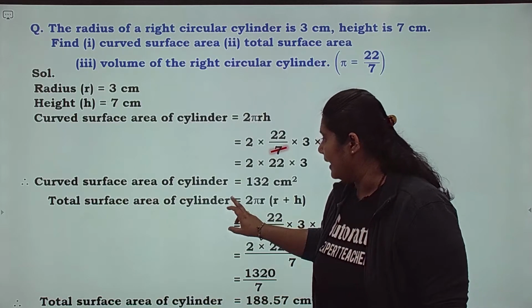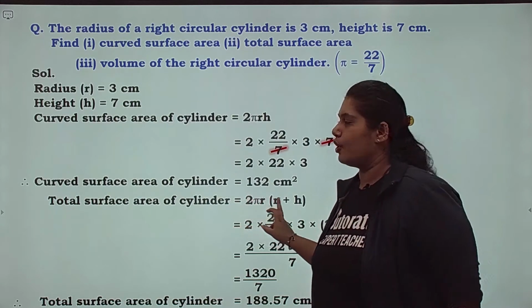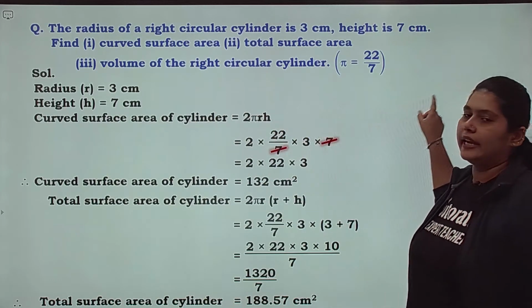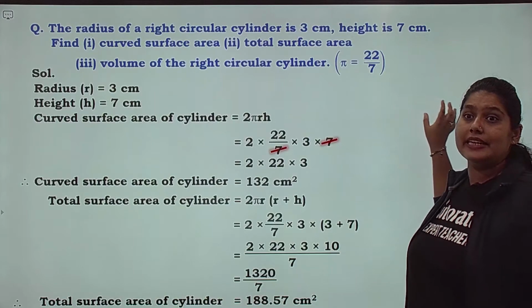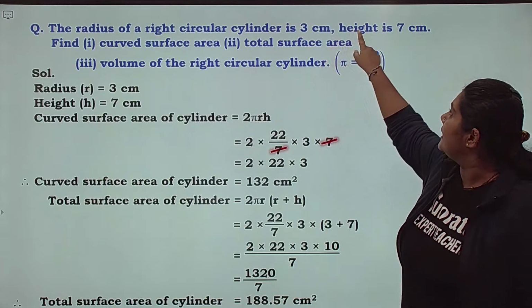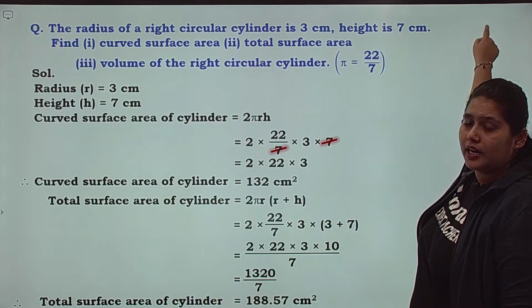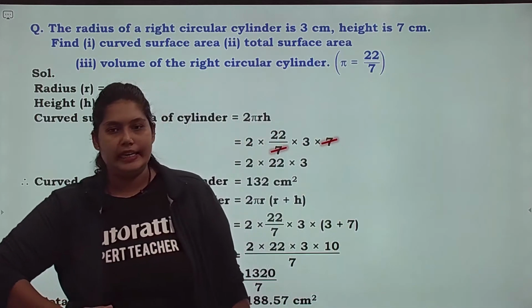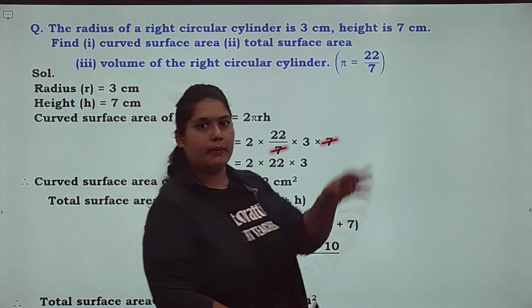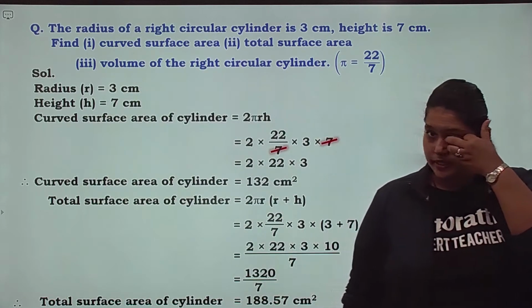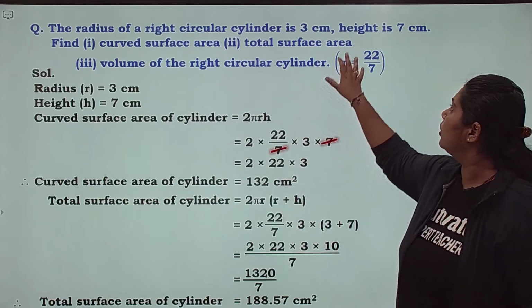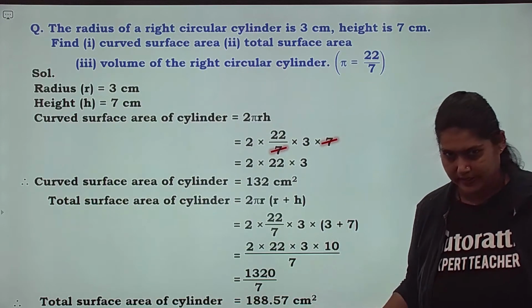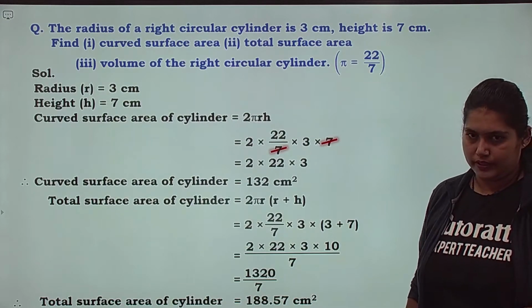यहाँ पे I can also derive the formula by saying curved surface area of a cylinder plus area of my two circles. अगर हमारे पास रेडियस होता, अगर मुझे रेडियस दिया होता तो मैं उस तरीके से भी इसका टोटल सरफेस एरिया ले सकती थी, है ना. तो यहाँ पे रेडियस क्या है हमारा, 3 सेंटीमीटर्स, है कि नहीं. तो रेडियस भी मिल गया हमको, हाइट भी मिल गया. तो हमने यहाँ पे 2 बार सर्कल का फॉर्मूला भी हम ले सकते थे, है ना. तो 2 तरीके से हम इसको सॉल्व कर सकते थे.